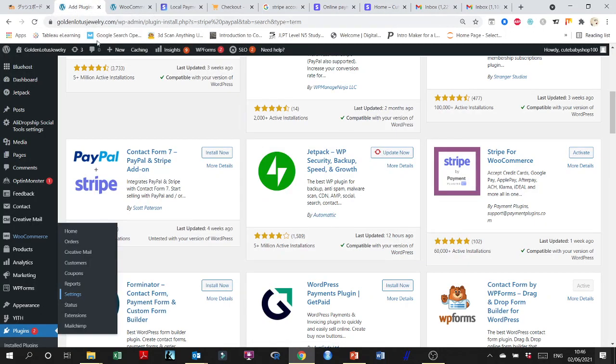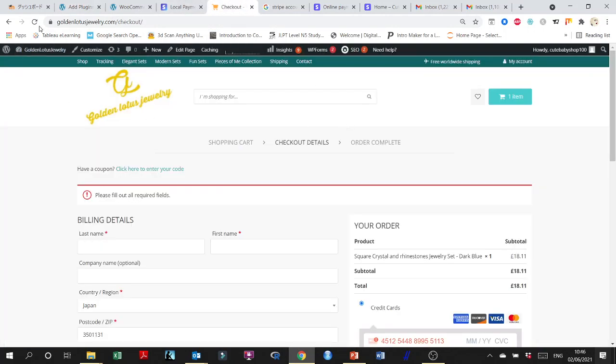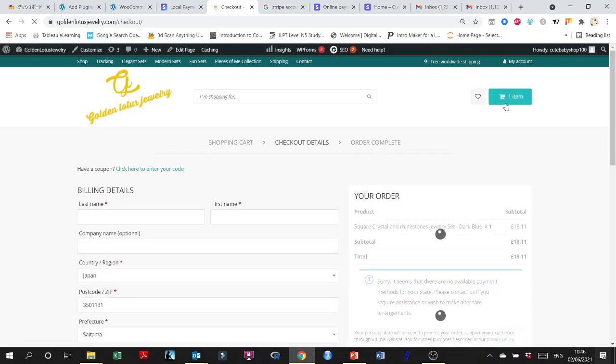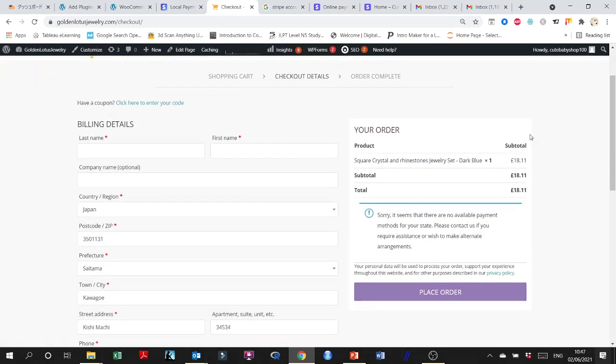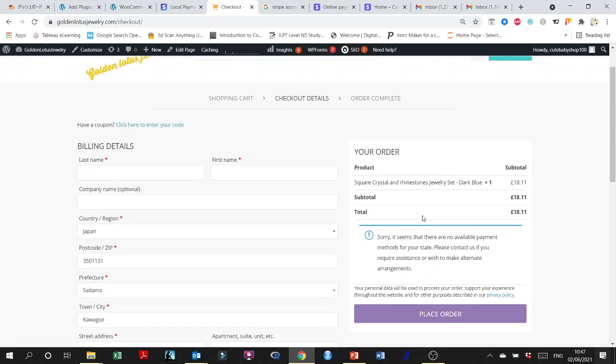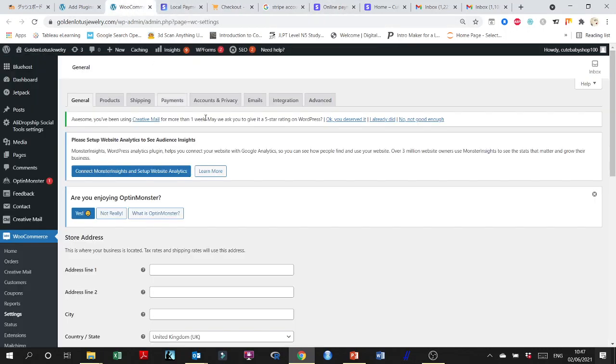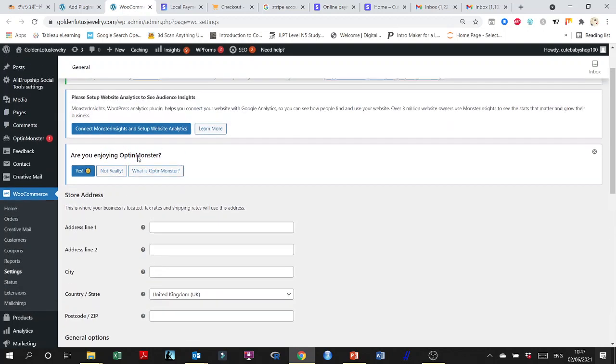So now, how do we add a Stripe to our order? So for example, let me check. Here I placed an item into my shopping cart. So my shopping cart has one item on my store and I can't place an order. I can't pay, in fact, because I don't have a payment method for my store. So what we need to do is set up a Stripe payment method. For this purpose,